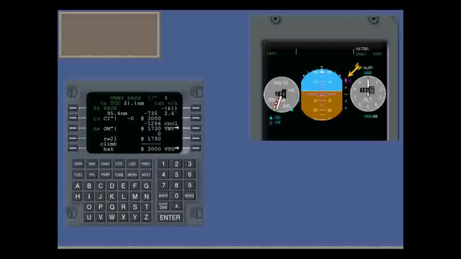On the EADI you get a vertical pointer and scale, similar to an ILS glide path, but with the letter G replaced by V. You now have the option to cancel VNAV. Next, the V starts to move. There are no auto throttles, so you need to adjust power levers.